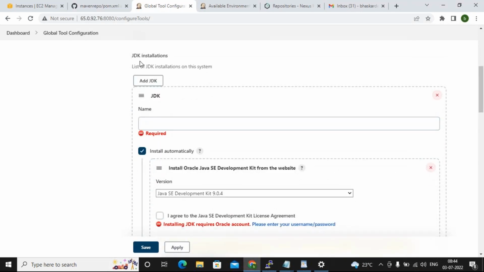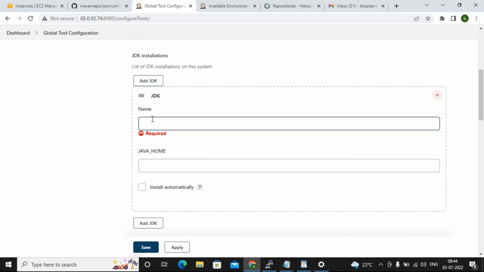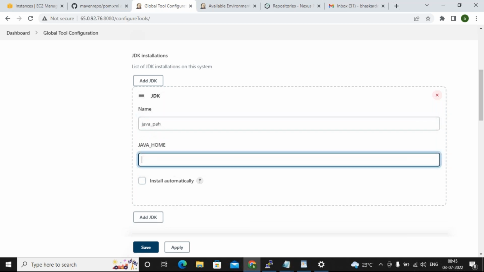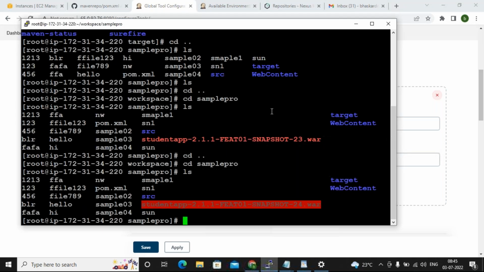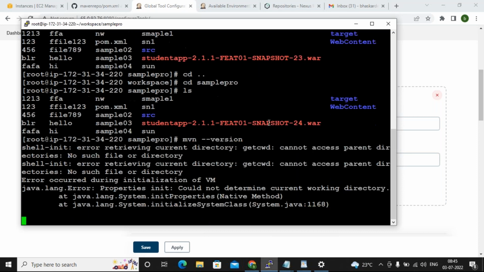See, for JDK, go to global tool configuration. Here my variable name is this one, the location of the Java, in general where I am installing. Var lib something. Okay, let me show you. Let me check the Maven version. There you can see that.